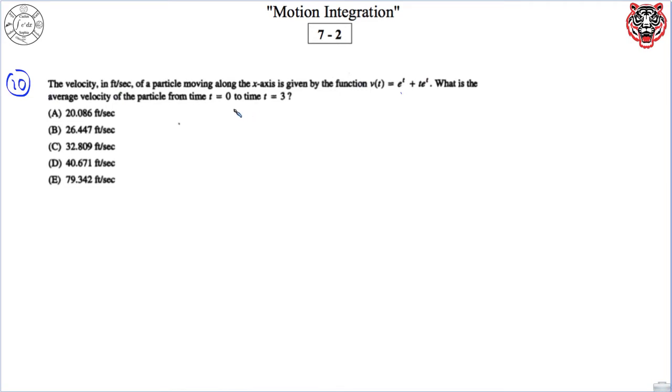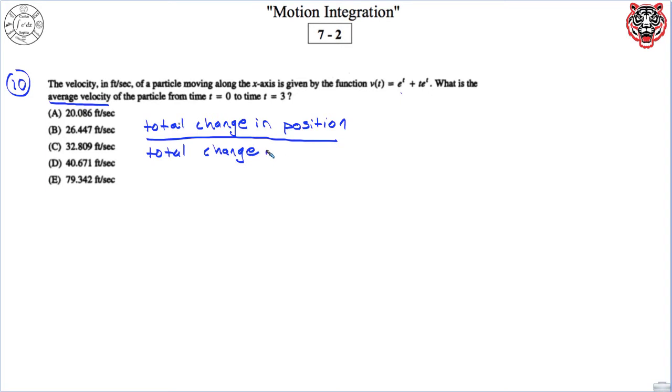And finally on to number 10. So I'm looking for the average velocity. So average velocity, the definition is the total change in position, all divided by the total change in time. All right, so that's going to equal, we don't have a position, we just have velocity, so